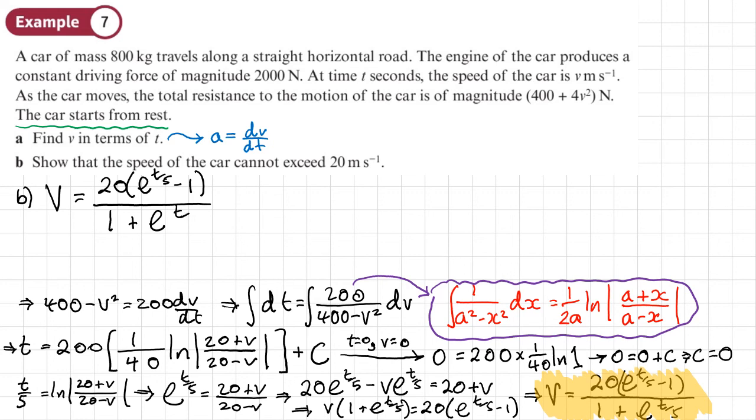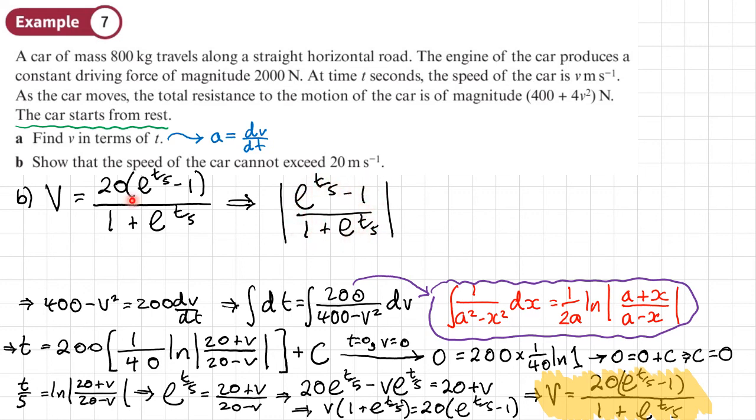Now, because it says speed, it could be that v is negative, but it's not smaller than negative 20 or bigger than positive 20. So we really want to take out the bit that's changing the 20, and it's not going to be the 20, it's the rest of it here. It's going to be e to the power t over 5 minus 1 over 1 plus e to the t over 5. And we're interested in what happens with all of this for any value of t,